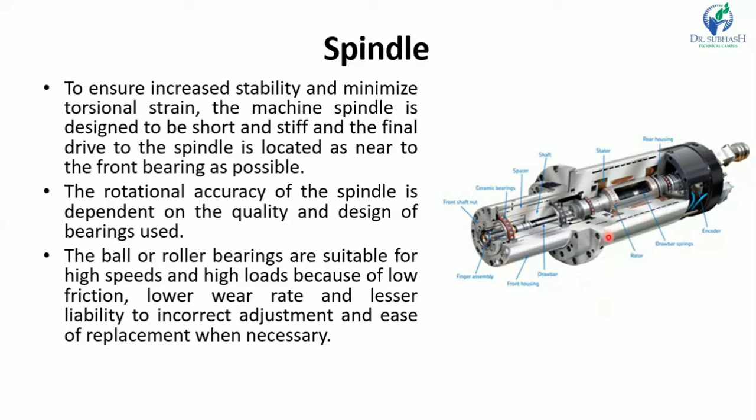Then in spindle drive, in CNC machines, a large variation in cutting speed is required. The cutting speed may vary from 10 meters per minute to 1000 meters per minute or more. The cutting speeds are provided by rotation of the main spindle with the help of an electric motor through a suitable gear mechanism. The multi-change gearboxes with fixed speed ratio used in conventional machine tools are not suitable for CNC machine tools.